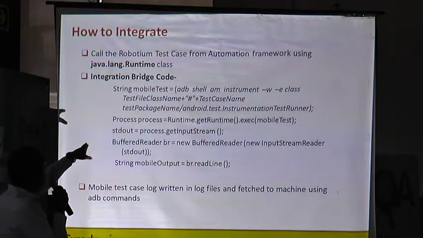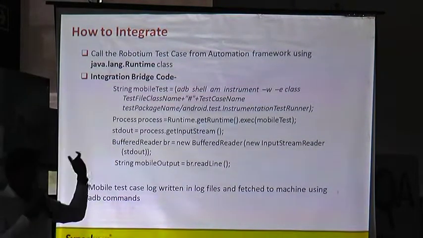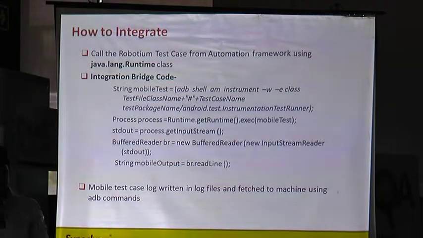After that, you have the test package name. This is your actual package name that you want to test. So this is the application APK. And the last parameter is android.test.InstrumentationTestRunner. This is the Android runner. This allows you to execute the Robotium test case on the device. So this is the generic command. If you want to use the command, you can use it as it is.